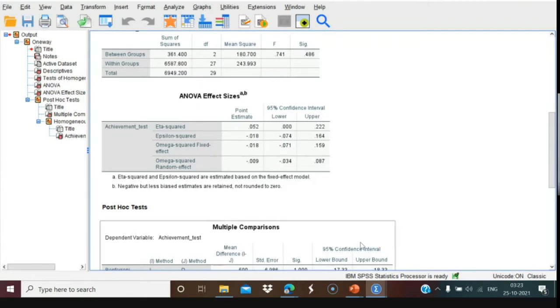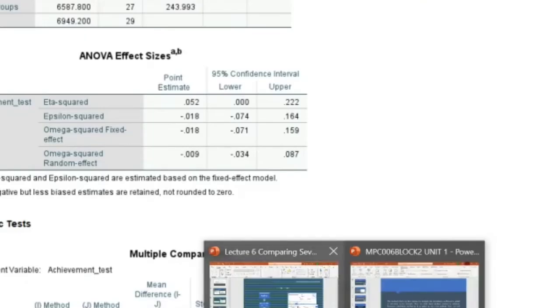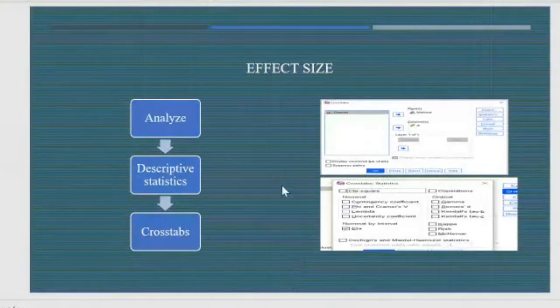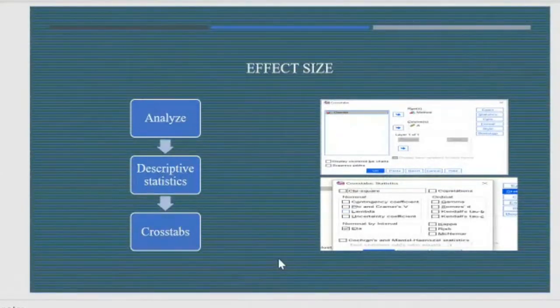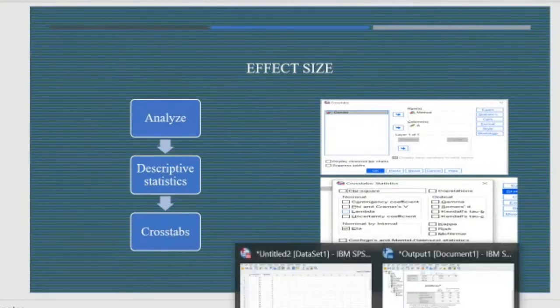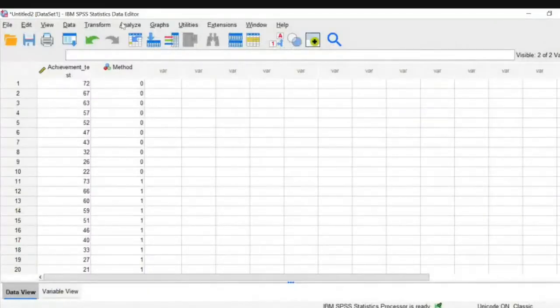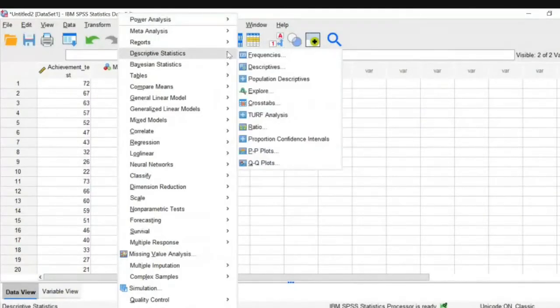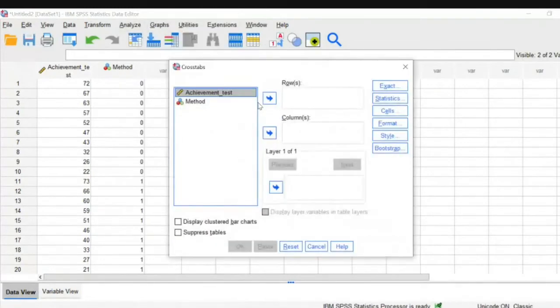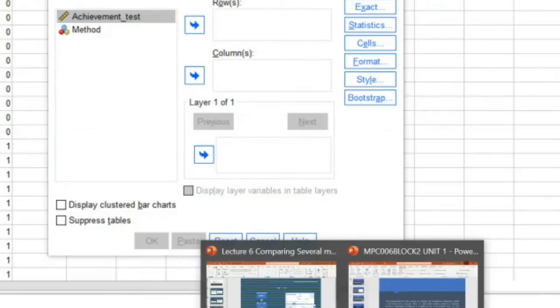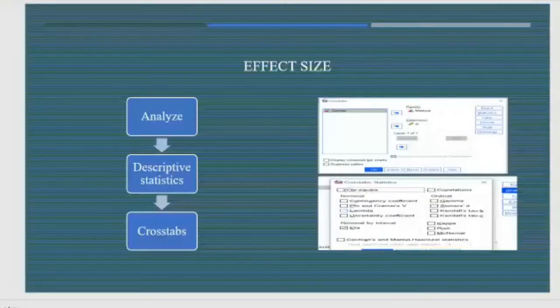Okay, so how we can do that is another method. Generally, when you are using one-way ANOVA, you will get the option there, but still you should know this one, so I have included this slide. You have to go to Analyze, Descriptive Statistics, and Crosstabs. Okay, in Crosstabs, you have to send